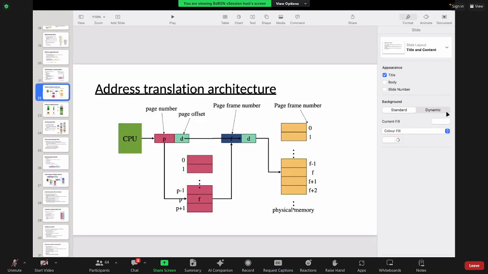So the next solution, what we've done is, they have made a hardware, okay, called the translation look-aside buffer. Done. So now this translation look-aside buffer will be coming into the picture.